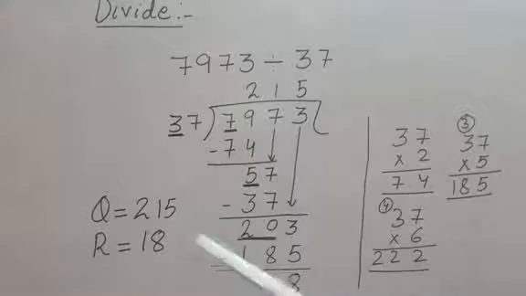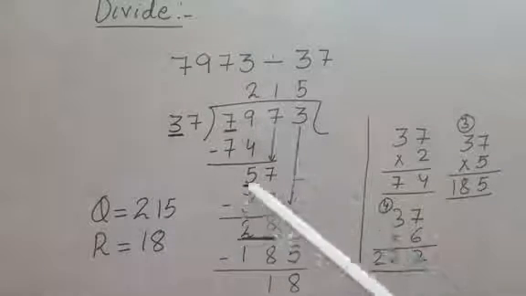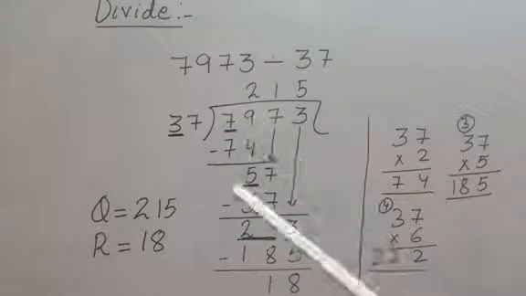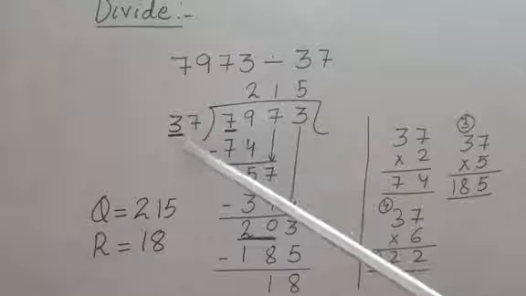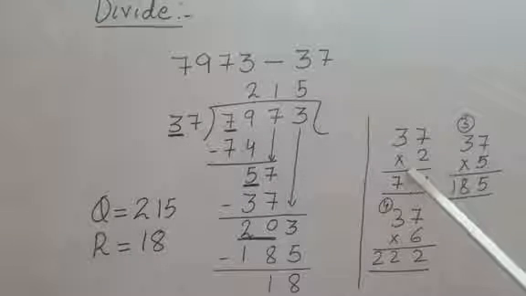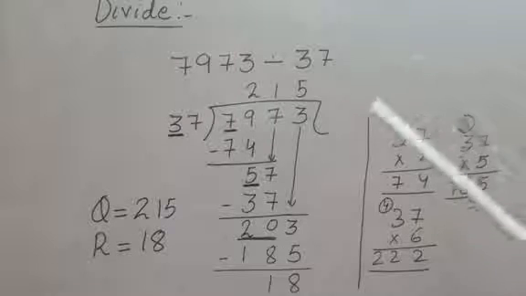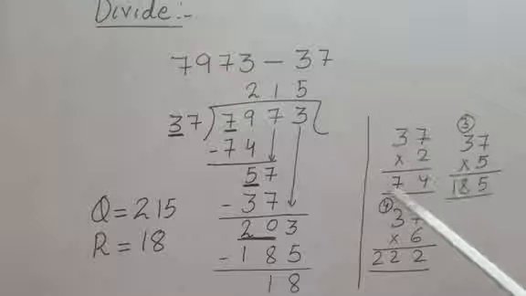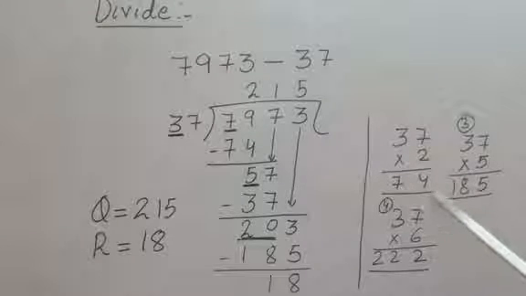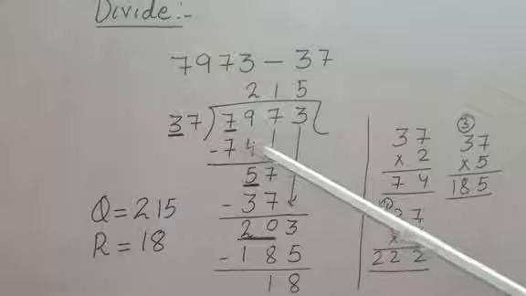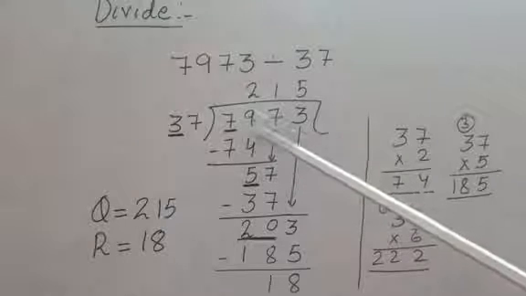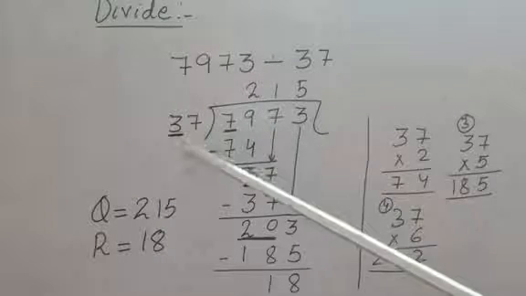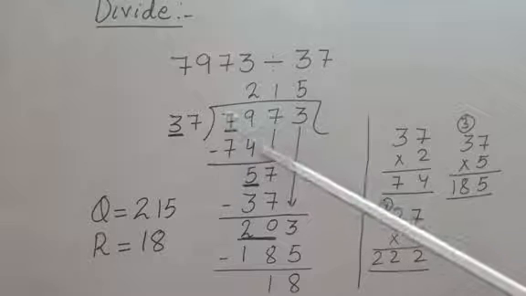And we all know that 3 2s are 6. Okay. So what will I do with that 2? I will multiply this 37 with 2. Okay. So 2 7s are 14. 4 I will write here and 1 I will take as a carry. So 2 3s are 6. 6 plus 1, 7. So in this way I got 74. And you all can see that 74 is smaller than 79. So I will go with 37 2s are, that is 74.